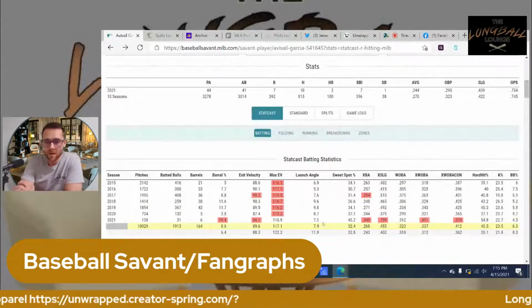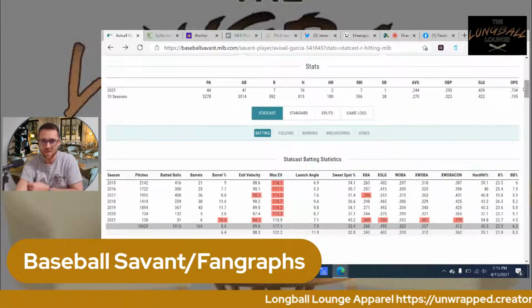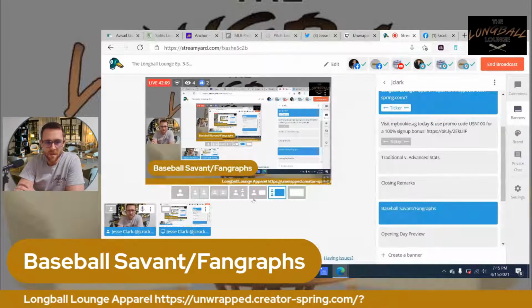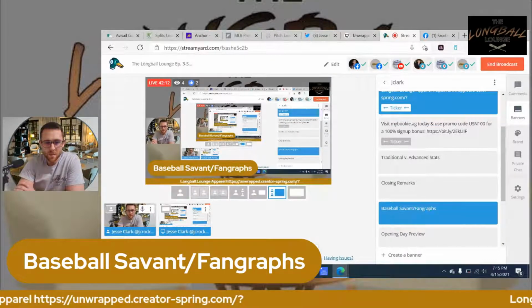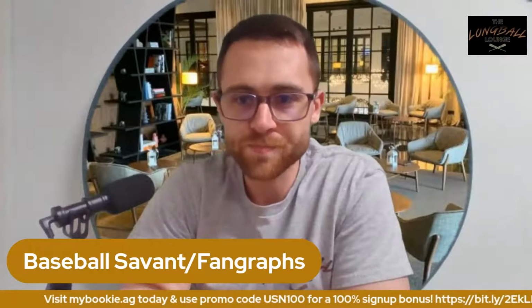What did we talk about earlier? It's got to be in that 15 to 25 range; that's kind of the sweet spot. So all of these things will tell us that these hitters are doing well or they're not doing well. So that being said, I'll briefly show you some things on the splits leaderboard. I feel like this is going to have to be another podcast soon that I break down in even further detail, to give you guys the real scoop on what's going on here.